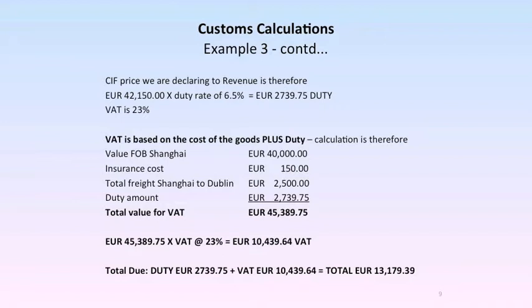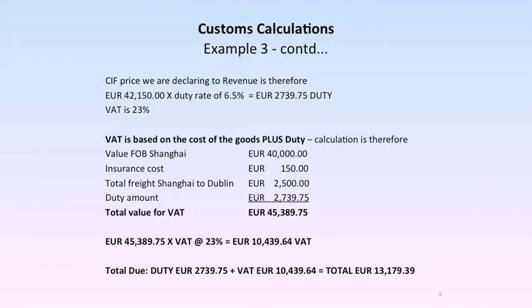The value, the FOB Shanghai, €40,000. Insurance cost, €150. Total freight Shanghai to Dublin, €2,500. The duty amount is €2,739.75. That gives us a total for VAT purposes of €45,389.75. We multiply that figure by 23%, and that gives us a total VAT payable figure of